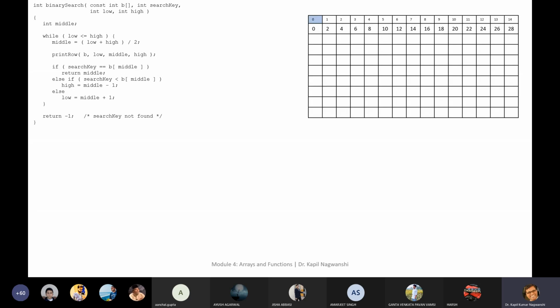So this is our index. Index means, suppose here B is passed. So this is B. Now these are the elements written in sorted order, and I want to search, let us say, 24. Key is 24.